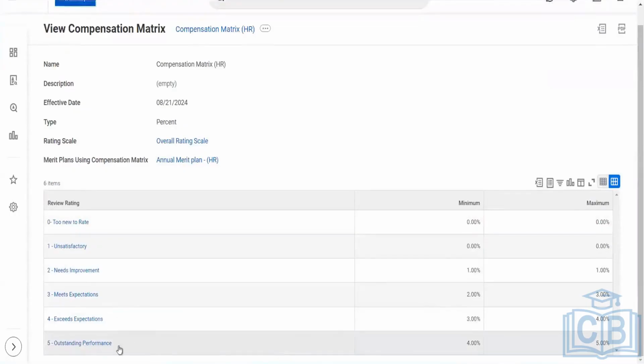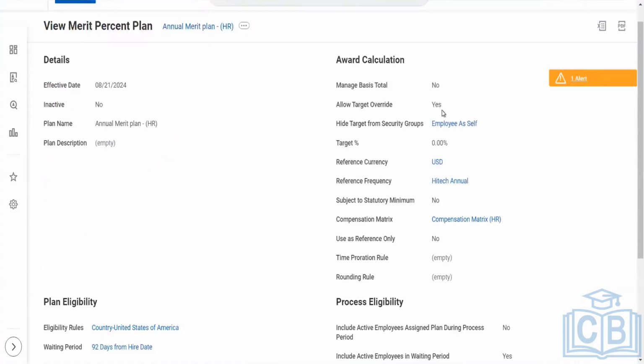If you are talking about a 5 outstanding rating, minimum is 4 and maximum is 5. But I have a scenario where the worker I want to give it to is going to get 15%, more than 10, right? That's where we use the override functionality. That is the reason why normally in the merit plan we allow target override.